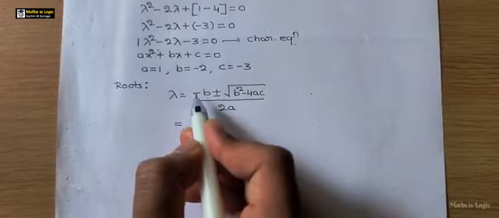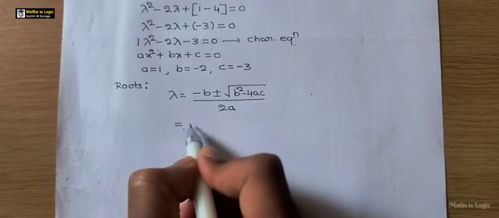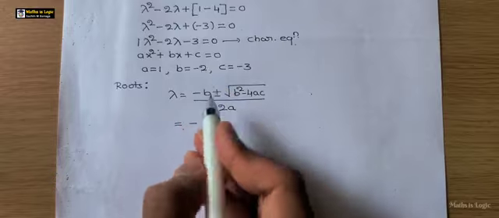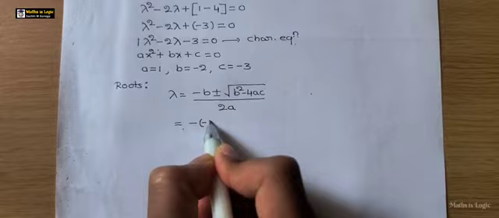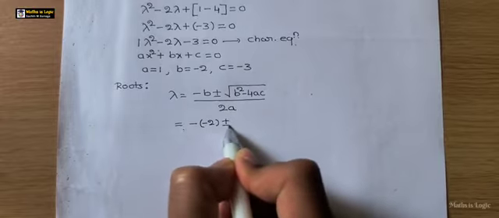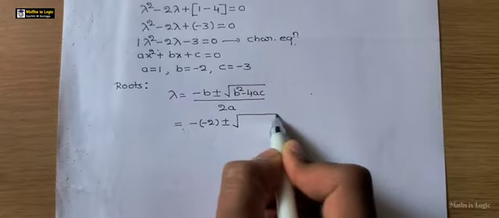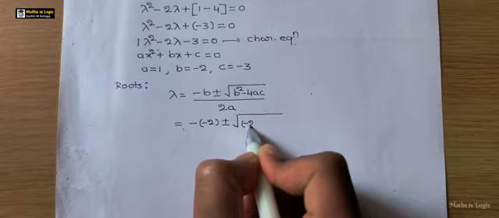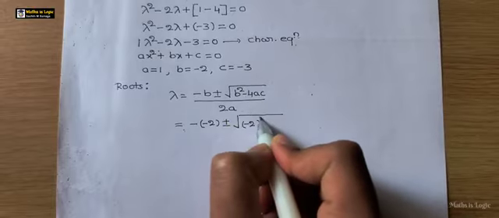So which is equals to, in the formula minus is there, so keep that minus as it is. Next b value, what is that b value? Minus 2, so keep it in bracket minus 2. Next plus or minus square root of b, again b is minus 2, square is there, so keep that square as it is,